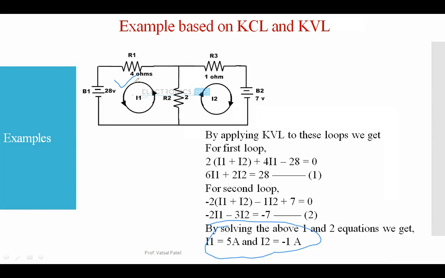In this loop, you can see it is given in the anti-clockwise direction. The other loop is given in the clockwise direction. But in our assumption, we have taken the first loop in the clockwise direction, right? And we took positive, negative like this. So I1 plus I2 here, but in this case, you can see that it is in the opposite direction now. So this is our example. Any question here?